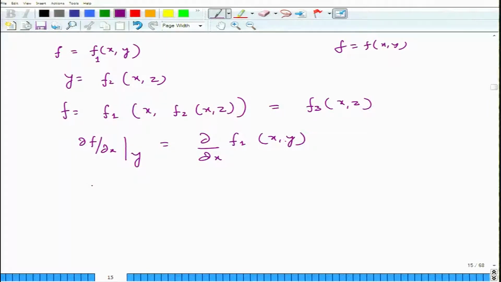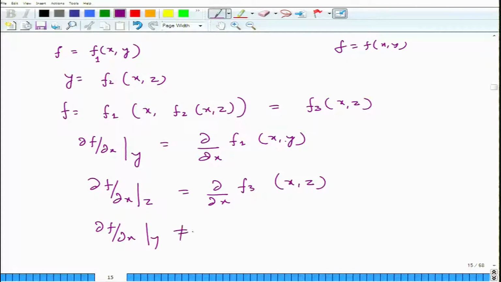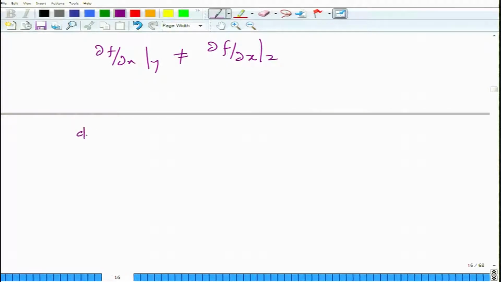or del f by del x at constant z is del f by del x, where we are going to consider f3 of x and z. So, clearly in this case del f by del x at constant y is not equal to del f by del x at constant z. So, what is the relation between these two? We are going to consider a differential of f, which can be written as del f by del x at constant z multiplied by dx plus del f by del z at constant x